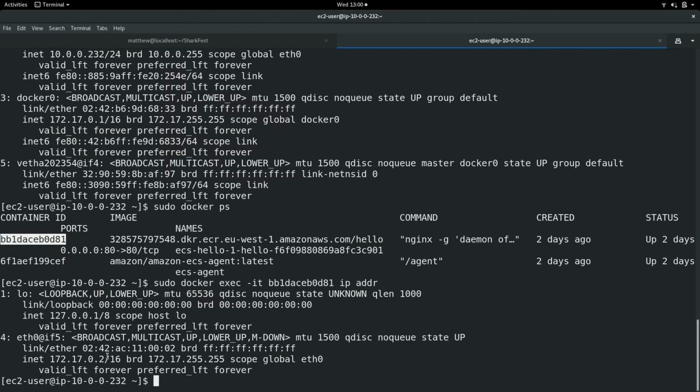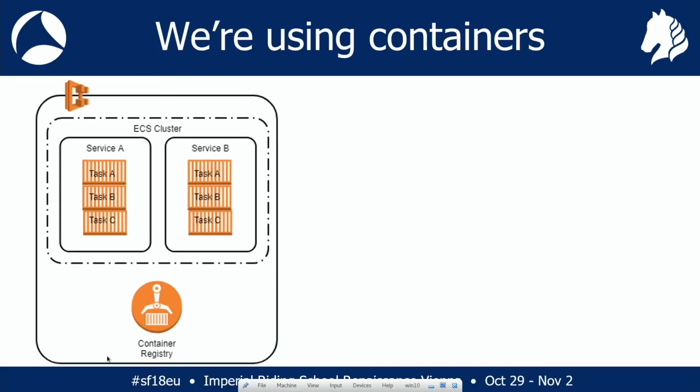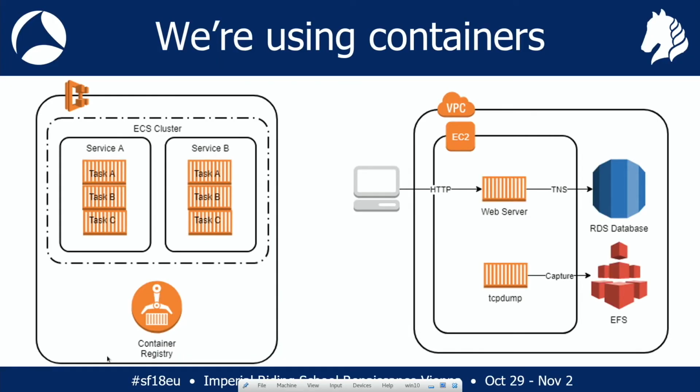So really what we want is a way of capturing across multiple containers at the same time from the host. The way we approach that, if I can go back to my PowerPoint, is by using another Docker container that we're going to call tcpdump. You can call it dumpcap, you can put whatever you want in it, it doesn't matter. You get the idea.